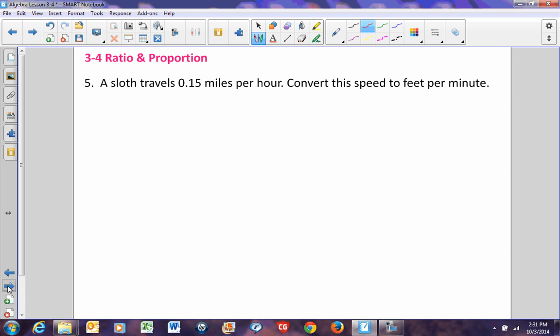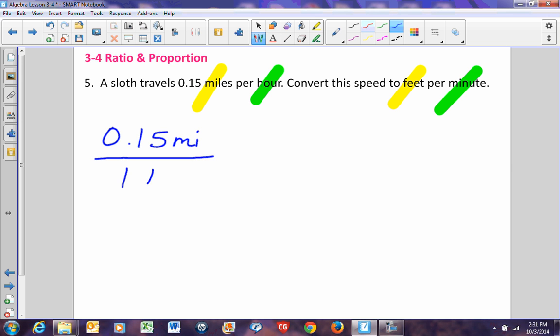Next one here, our friend the sloth. A sloth is a very slow animal. He only travels at 0.15 miles per hour. We're going to figure out how fast he moves in feet per minute. So we're going to go from miles to feet and hours to minutes. So that's what we're going to look at. If I start here with 0.15 miles per 1 hour, I'm going to convert my miles first. If you remember, there's